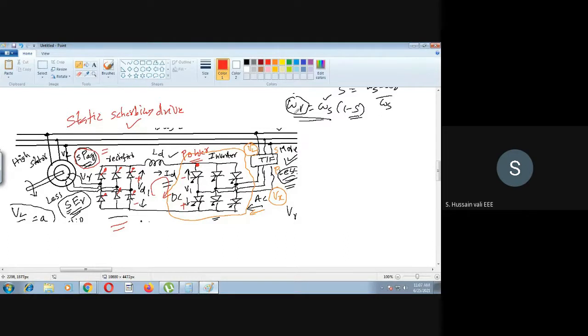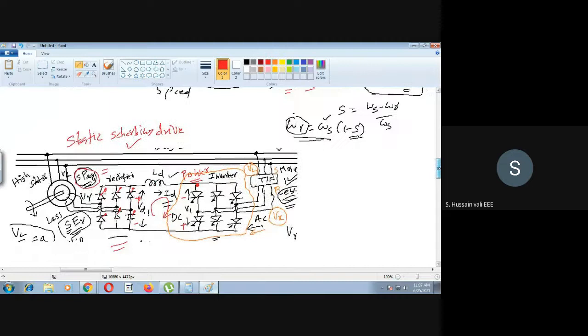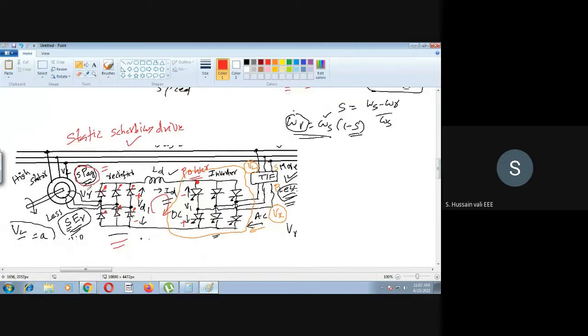Okay, so this is also called static Scherbius drive. So the previous one is also called static Scherbius drive. The difference between the previous picture and this picture is that in the previous picture, the rectifier is an uncontrolled rectifier. Now it is a controlled rectifier, and there is no other difference. So with this difference, of course, a slight variation will be there in the equations also. Okay, but the same analysis you can do here also. But I will tell you when we will use this one and the previous one.